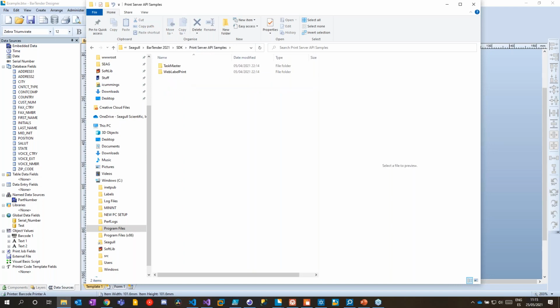And lastly, print server examples. With the print server example, Taskmaster, this is an example that's using the actual print server API, but also we have this web label print. And the web label print project is, as the name suggests, for internet web-based label printing, but it's using